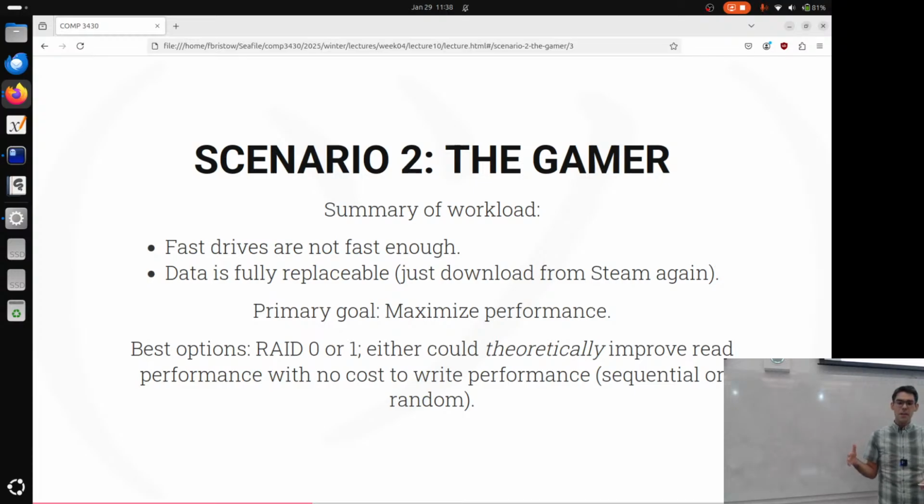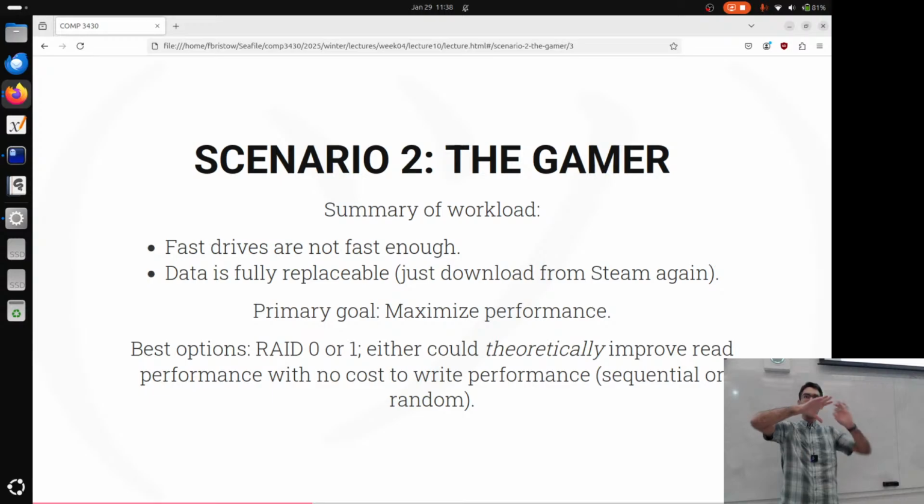I'm going to say that this is theoretically to improve the read speed without having to worry about write performance at all. Theoretically, if we're choosing RAID 0 for this person, so striping, we're going to take data and spread it across disks.